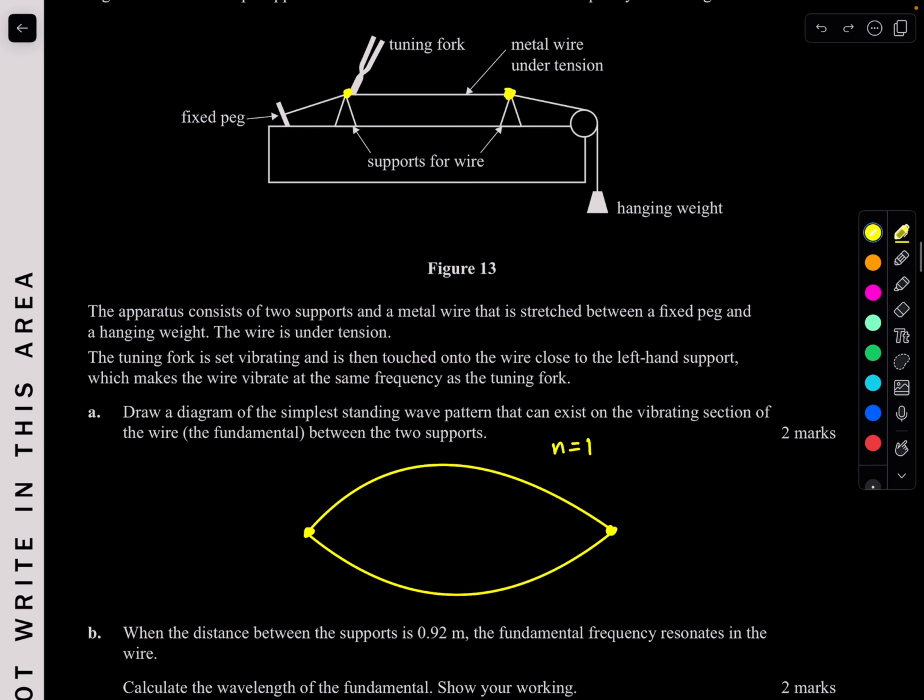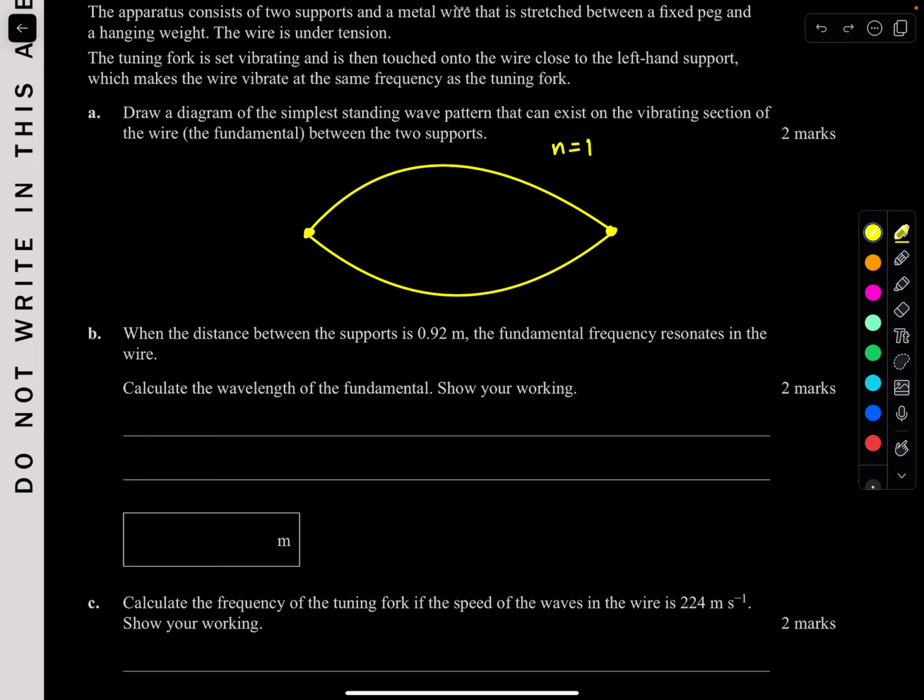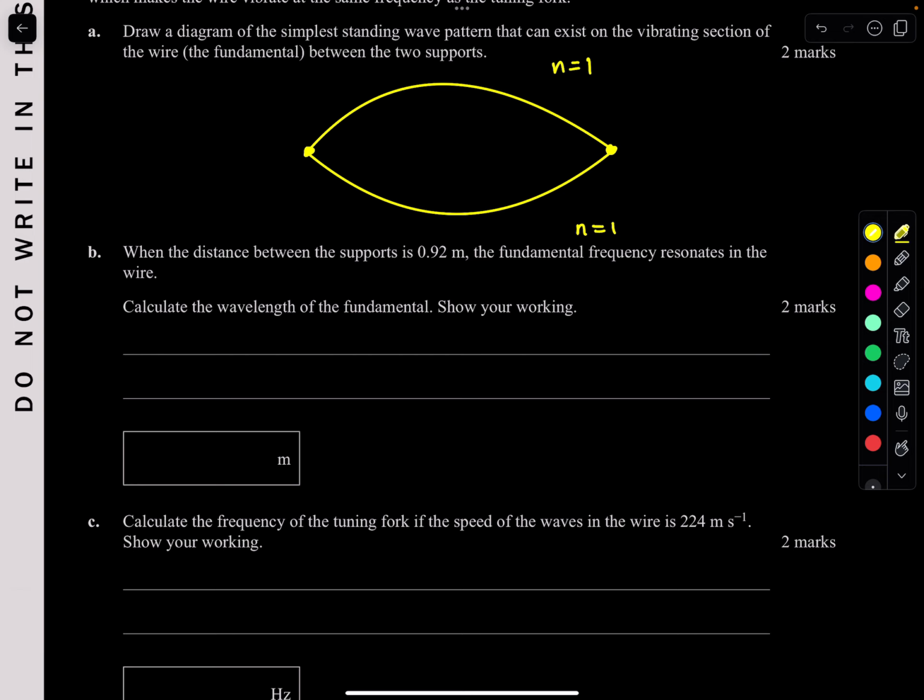Easy. Okay, perfect. When the distance between the supports, your L, is 0.92 meters, the fundamental frequency resonates in the wire. So the fundamental is when n equals 1, like we said. Calculate the wavelength of the fundamental. Looking at my summary sheet, with fixed ends your wavelength is 2L over n. Our length is 0.92 and n is 1. That's going to give me 1.84